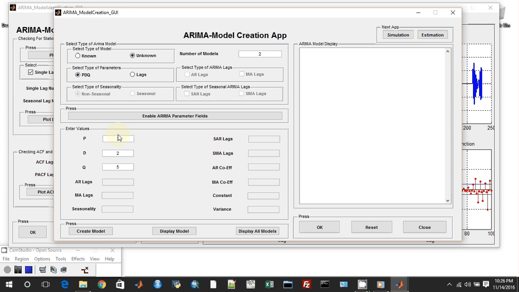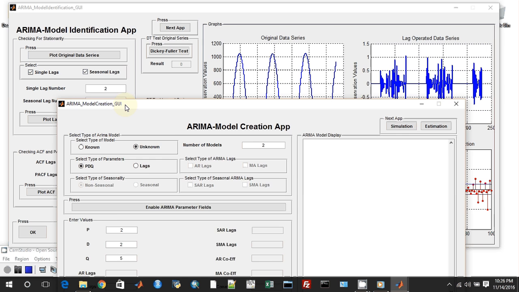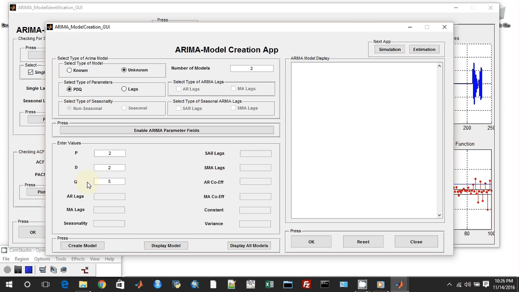So I have entered the value 2 in the P part, which is the autoregressive part of the ARIMA series, as the PACF had two significant lags. D is equated to 2, as this is the integrating part, and as we have used single lag number 2, we have to use 2. As we have seen that the ACF of the detrended series has 5 significant lags, I have put in 5, and then we can create the model. Then we can display the model in this area,